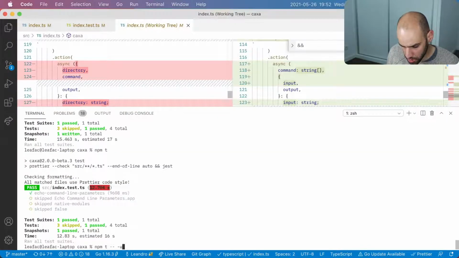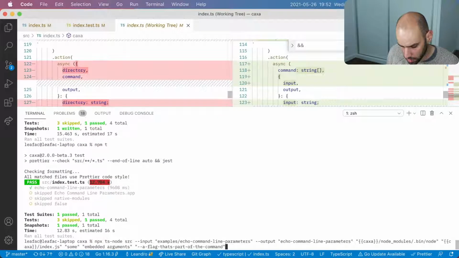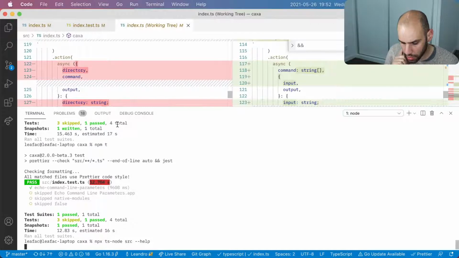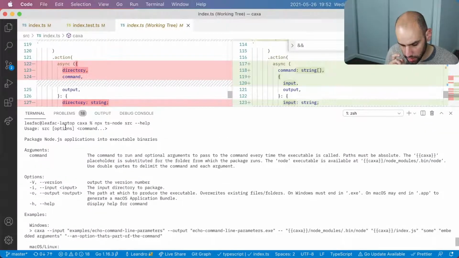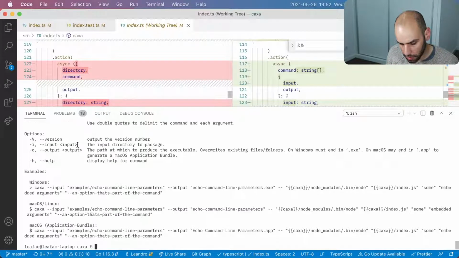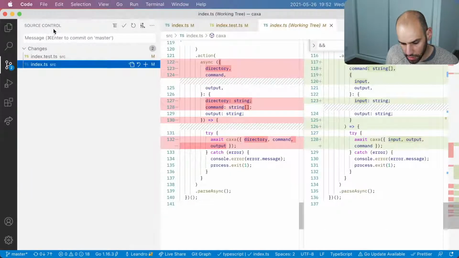And just to make sure that the help is fine, I want to make sure that the documentation is mentioning the command. It is. And then there is the command here. Okay, I'm happy with that. Yeah, I'm absolutely happy with this commit.